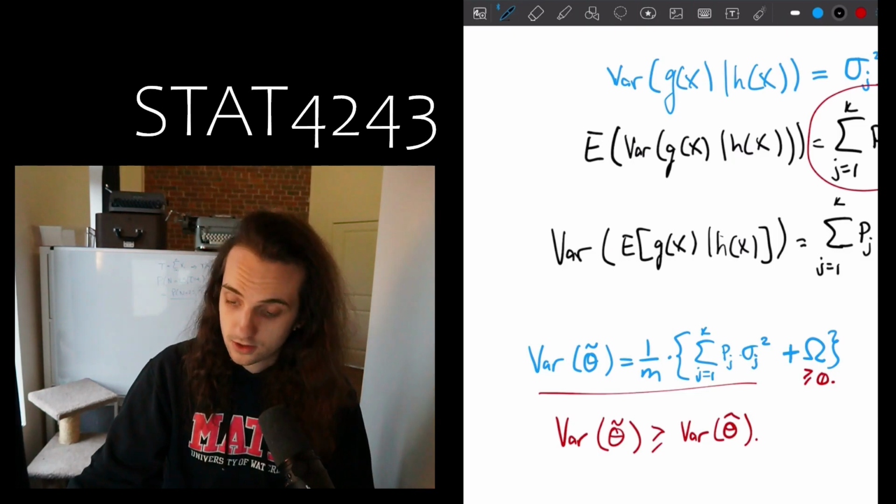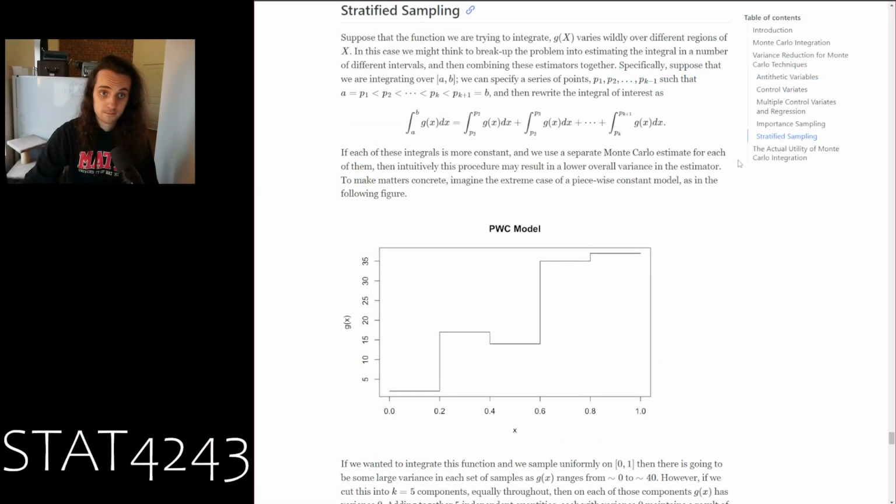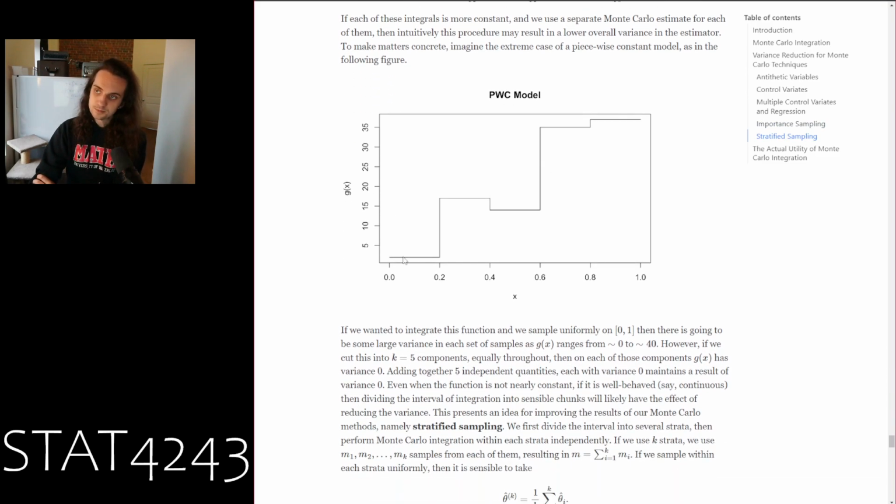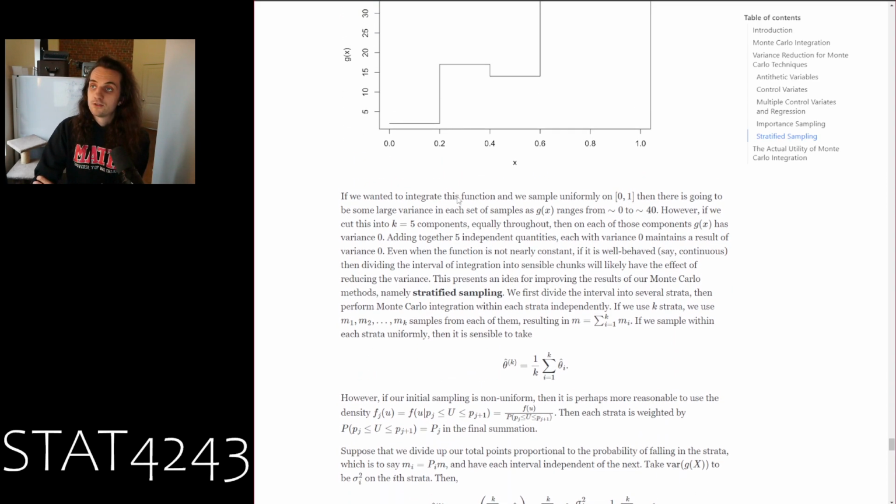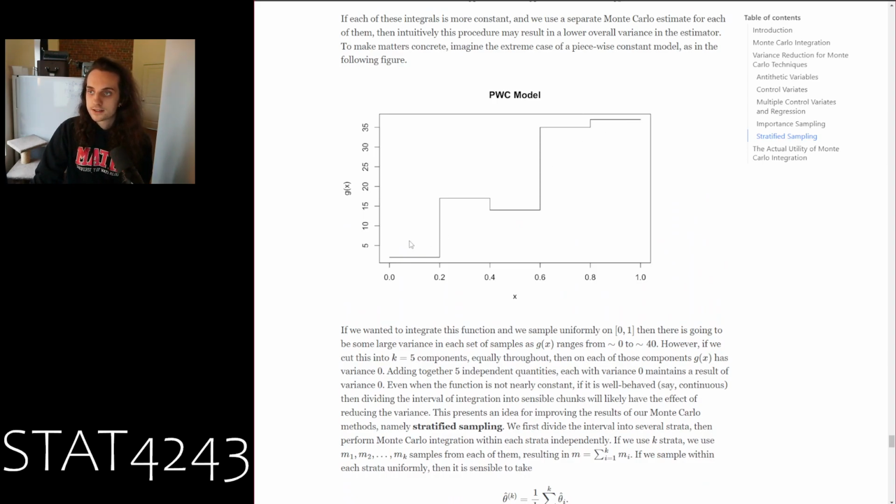And so let me just open up our notes over here. So again, in the notes, all of this argument is walked through in perhaps a little bit more detail than what we just talked about. But we talk about doing this division of our interval, right? We write down the integral itself. We're using the piecewise constant model to do this motivation, right? And in this example specifically here, you can see that there's zero variance on each of those flat strips, right? But we're going from roughly 0 down here up to 40 over here, right? And so there's going to be a lot of variation in this function as a whole, but there's no variation on any one of these exact